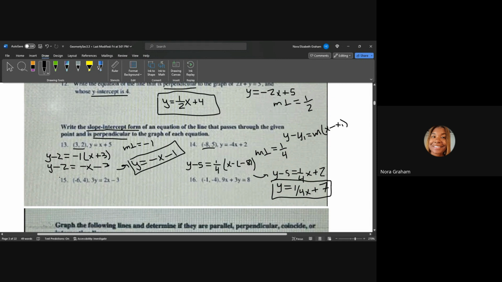All right, let's do 15 again. So I want to isolate this through. When I isolate my y, I divide 3 by all my terms. So I get 2 over 3x minus 1. All right, 2 over 3x minus 1. And then now I have my slope and my point, right? So we're looking for a perpendicular slope. So I want the opposite reciprocal. So I do -3